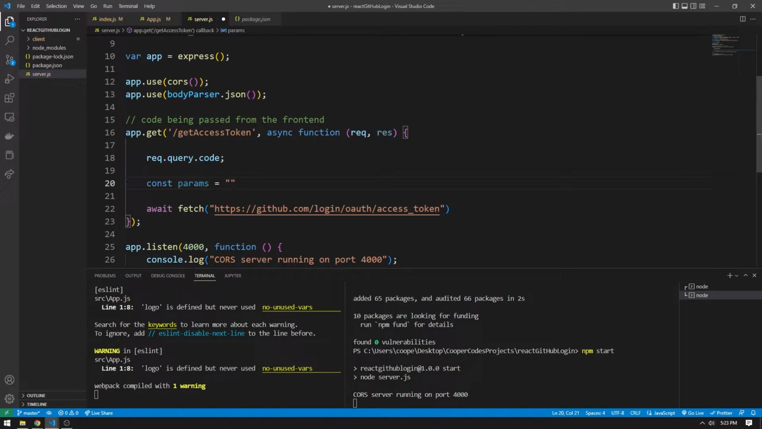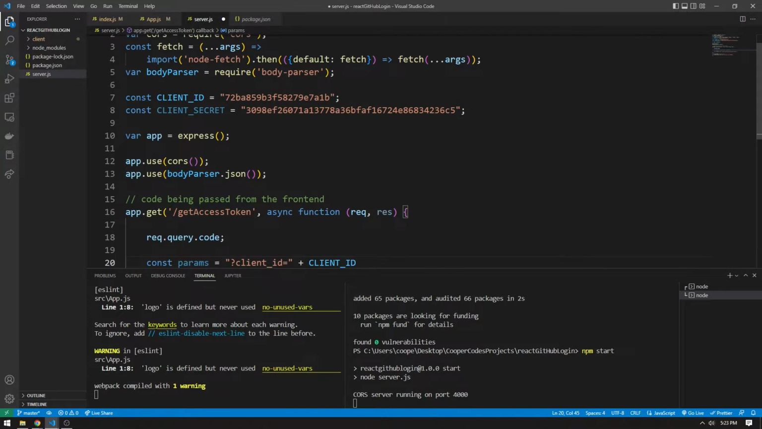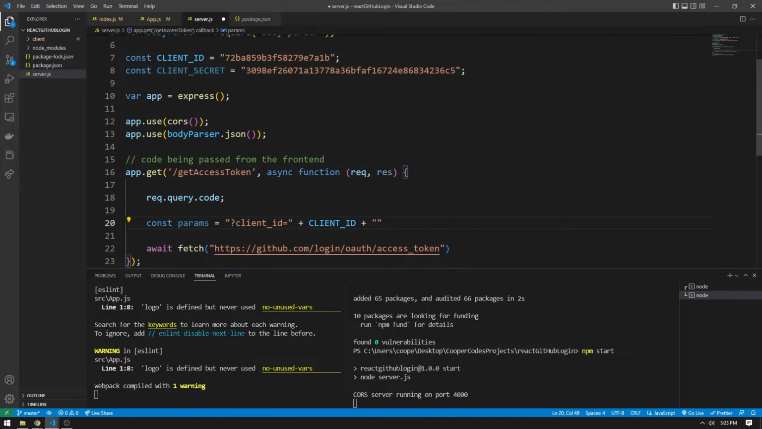So we can say params is equal to the question mark, which means we are going to start entering URL parameters, and then we can say each parameter which the GitHub API requests us to have. The first one is the client_ID, which we can set equal to the client ID const we made above right here, just so you guys know where it's coming from. Plus, and then &, which means we're going to define another variable. Next one's going to be client_secret, is then going to be equal to